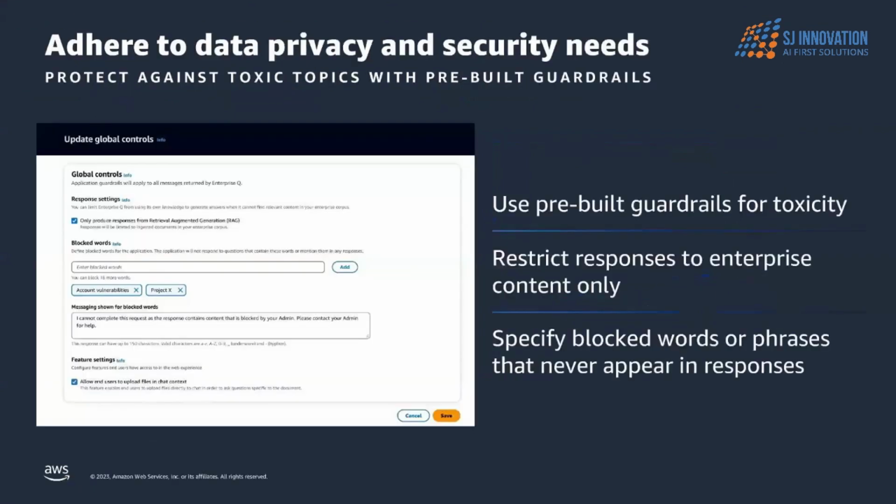So about privacy and guardrails. The admins who set up Amazon Q have an option to specify certain guardrails if required. Let's say for toxicity, it can identify certain hate speech, or certain illegal content being shared or conversed in the conversation, and that can be blocked. Then restricting responses to enterprise content only. This is a nice feature wherein you can make Amazon Q only answer those questions which are based on the data that it has been fed with, and it will not answer any question outside of that.